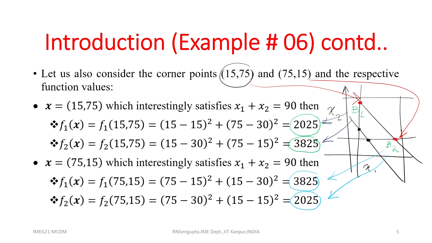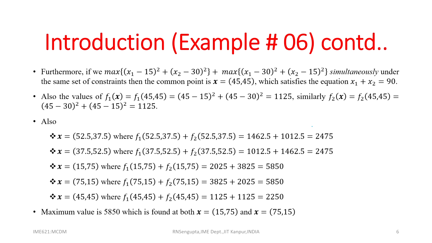Now, the interesting question is whether that would remain throughout the straight line x 1 plus x 2 is equal to 90. By the way, the points 75, 15 and 15, 75 both lie along the straight line x 1 plus x 2 is equal to 90. So, x 1 plus x 2 less than or equal to 90 is one of the constraints to find the feasible region. Now, if you maximize the objective function f 1,